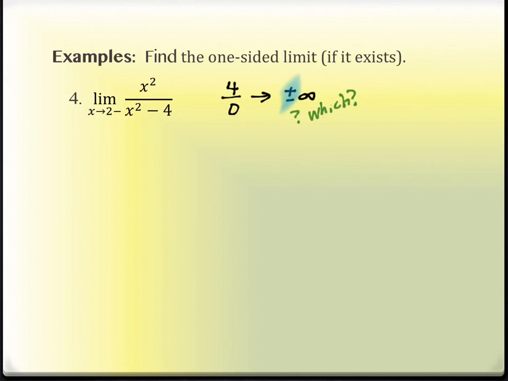Okay? So this will look just like the tables that we saw before. We set up an XY chart, X on one, Y on the other, and we want to pick values that are approaching 2 from the left. What does 2 from the left mean? Slightly smaller than 2. So somebody tell me a slightly smaller than 2 number that seems reasonable to start at. 1.9. 1.9 would work. And again, it's not the only thing that works, but it's a good place to start.